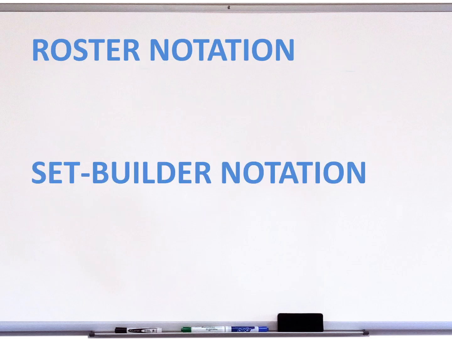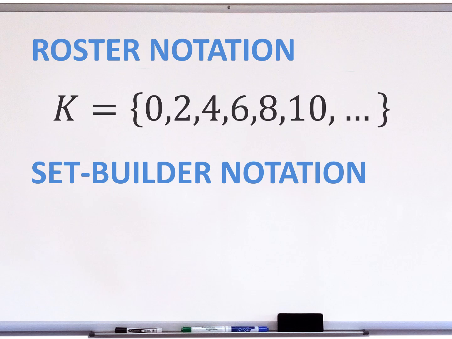Again, what if you are given a set in roster notation and you are asked to convert the given set into the set builder notation? So therefore, what if you are given set K here? And set K contains the numbers 0, 2, 4, 6, 8, 10, and so on and so forth. So as you can see here, the first thing that comes into your mind will be